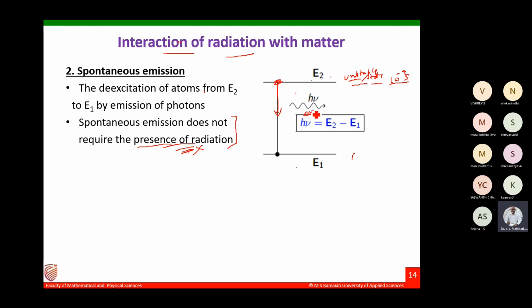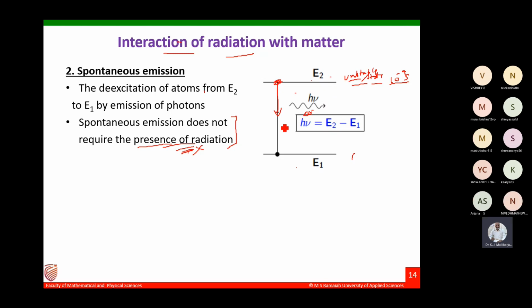At that point, it releases energy. In most of the cases, all these lights that you are seeing, our incandescent bulbs and tube lights, are all because of this process. Somehow, by some other method, we make these electrons go up in the tube. You can just Google how it works and you will understand it. Therefore, most of the processes we use follow this process.